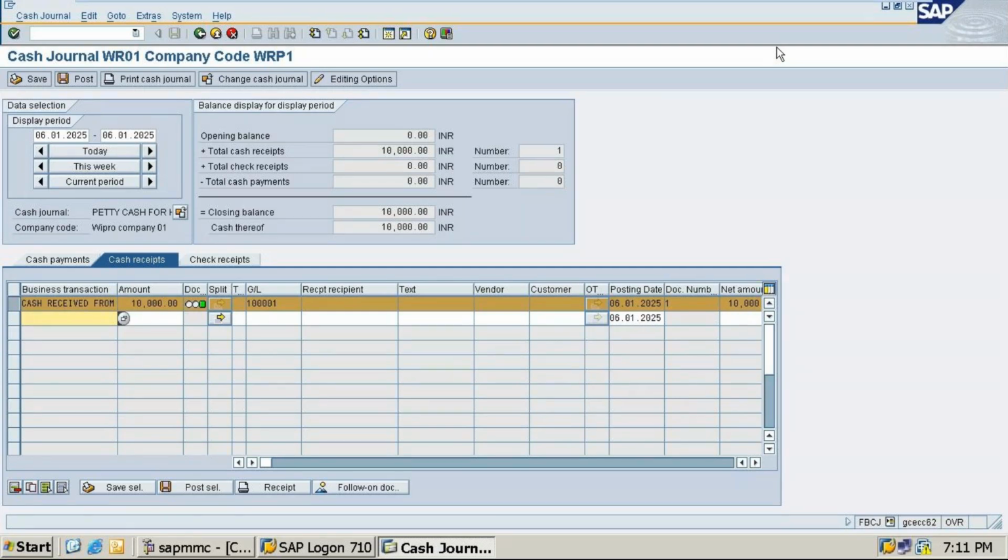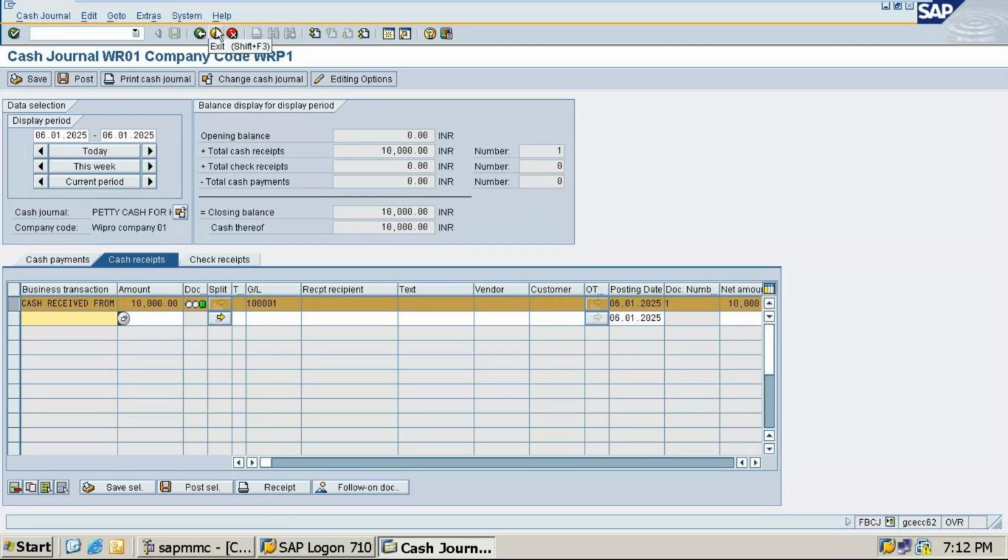We have a cash receipt now. Just a minute. I'll send these pictures on the screen. This particularly you can do on this. Okay. So we'll do one more transaction. So it will be good. Okay. So this one entry has been done.